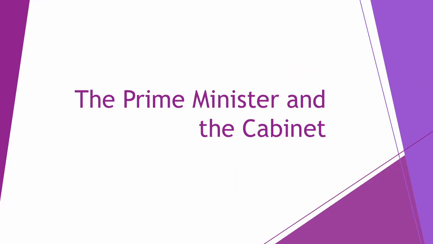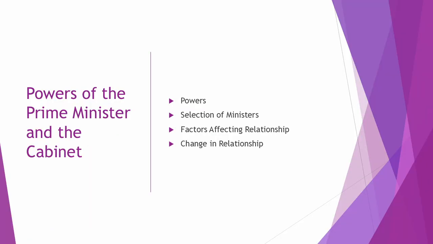The Cabinet is a group of senior government ministers, usually heads of departments, who assist the Prime Minister in making decisions and formulating policies. The Prime Minister and the Cabinet have many powers that can affect the relationship between them, as well as events that occur and the policies that are introduced. Powers of the Prime Minister and the Cabinet include leading the executive branch, setting government policy, controlling the legislative agenda,